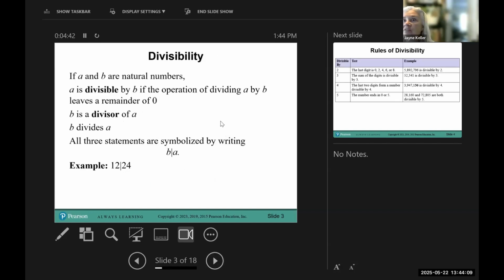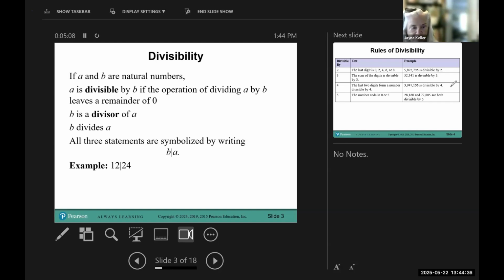So when we talk about divisibility, we're talking about, can I divide one number into another number without getting a remainder? If you remember way back when you were first learning, after you learned multiplication, then you learned division, we had these remainders. So for example, if I do something like dividing 3 into 10,